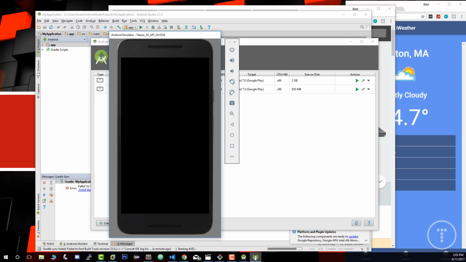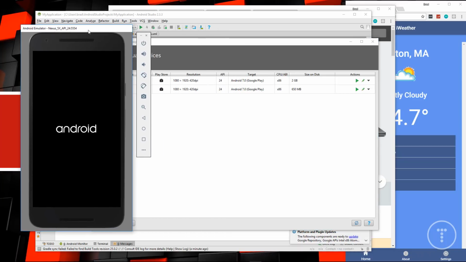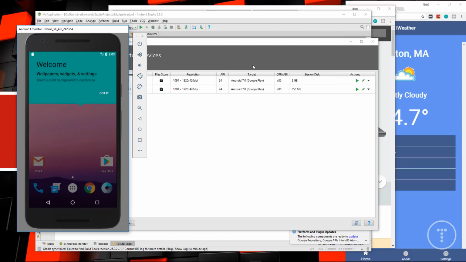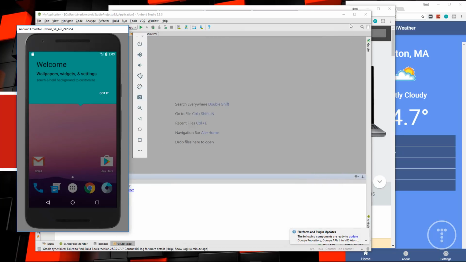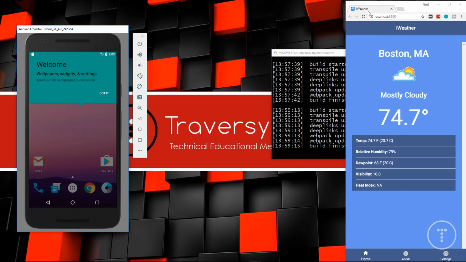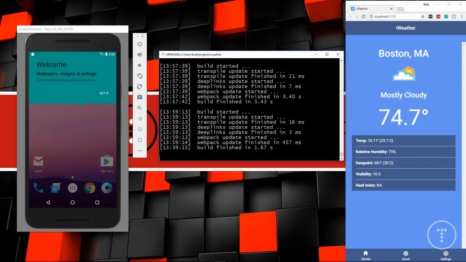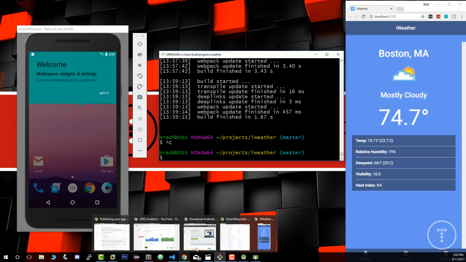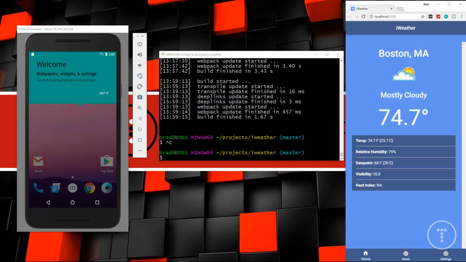Oh, it's already running. Oh, it's already starting up. All right, so my emulator is now starting up. Okay, so now that it's started up, what I'm going to do is go back into my command line. This is where Ionic Serve is running. I'm going to stop it with Control C, and then we're going to just go back to,